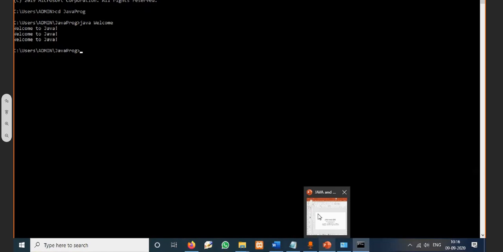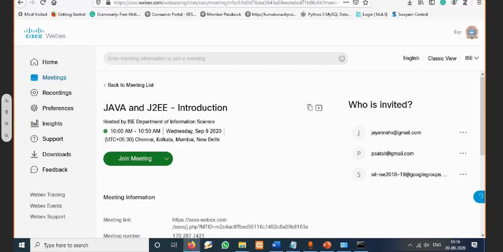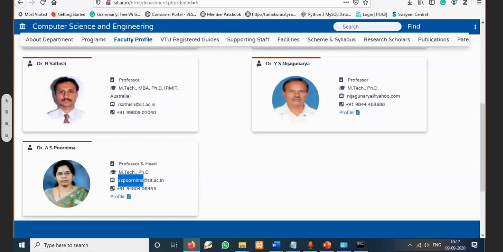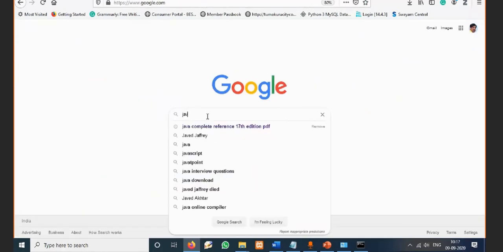In the system, I'll just show it. It's a very easy installation. Just go to any browser. Okay. Just I'll go here to some browser. So you can just type Java development kit, or we can use JDK.